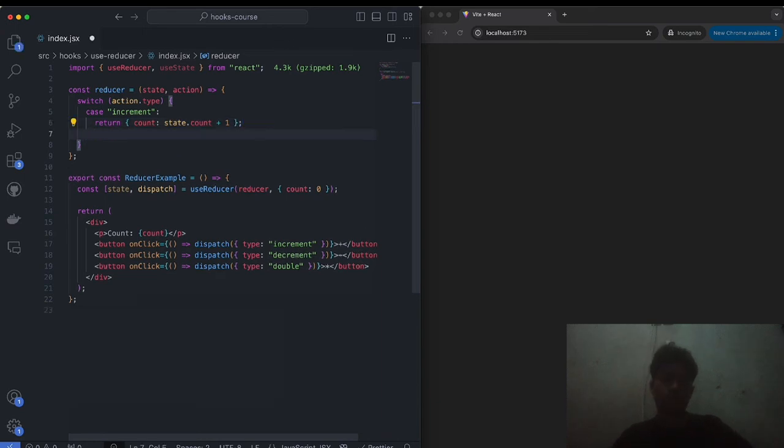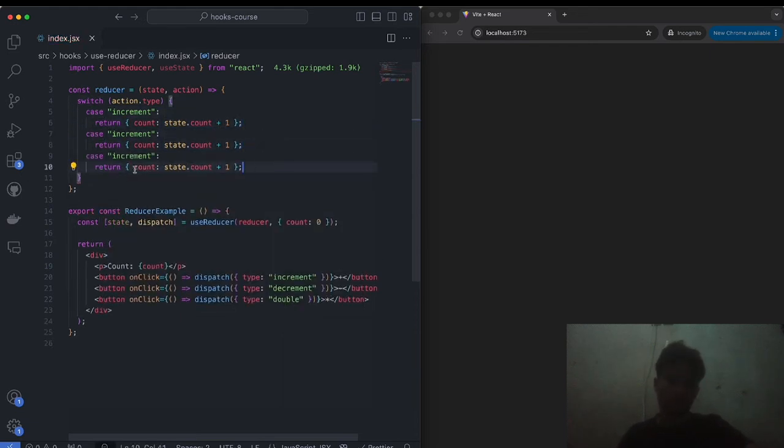So we'll do the same thing for the next two cases. I'll actually just copy this and paste it twice. And this should go back, yeah. And then we'll make this decrement and make this double. So on the decrement, we'll just change this to -1, and on the double, we'll just multiply this times 2. Perfect. You should see now that this should technically work,